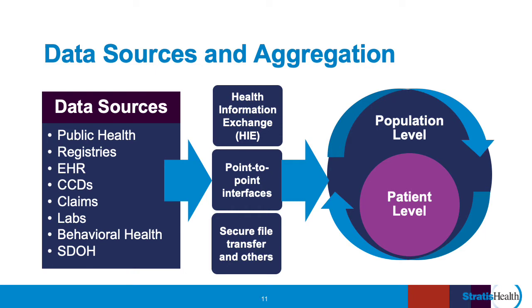Data sets are received and processed through a series of steps based on the unique characteristics of each set of data, the frequency, standards, and so on, to cleanse, transform, and normalize or standardize the data into a usable format where it can be considered reliable, accurate, and useful for analysis and decision making. The circular arrows of the population level circle indicate the continuous cycle of data collection needed to have the most recent data for analysis. The smaller patient level circle and continuous process arrows communicate that as we interact and have